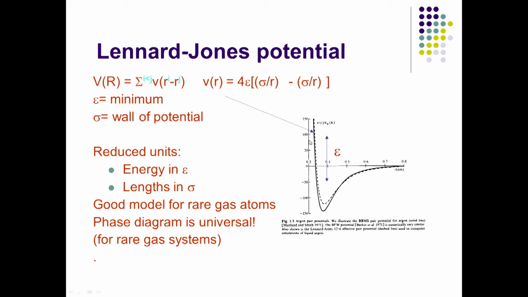And if you look at your slide, you have this potential energy well, and a particle can remain very happy at the bottom of the potential energy well, because it is the minimum. And as you heat it up, it starts vibrating and then it goes out, and at a certain point it will break out of the bond. And those two parameters are epsilon, which is the potential energy parameter, and sigma, which is nothing but the lattice constant of the material. And we looked at argon, xenon, krypton, all of which can be simulated very well with